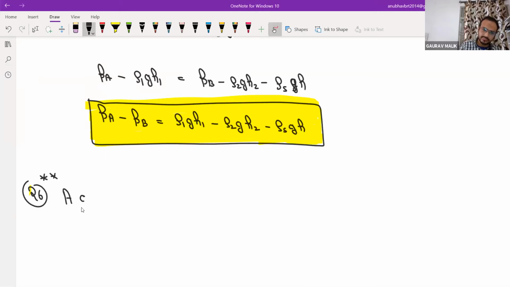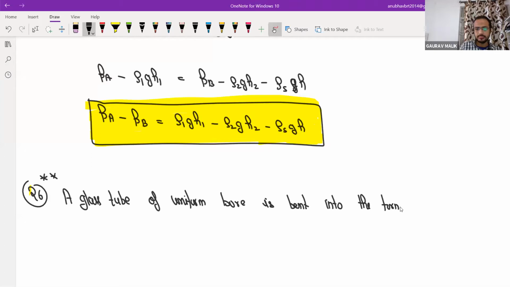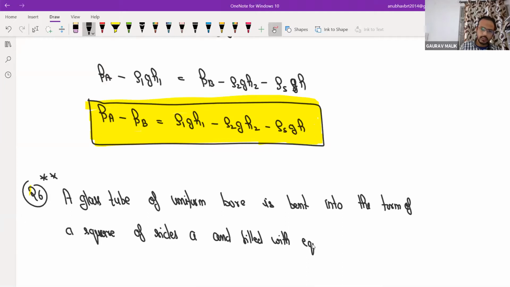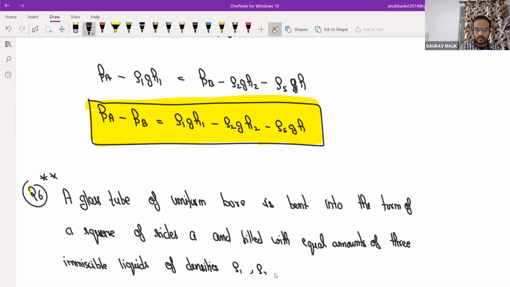Suppose we have a glass tube. A glass tube of uniform bore is bent into the form of a square of side the same, and filled with equal amounts of three immiscible liquids of densities rho 1, rho 2, and rho 3,